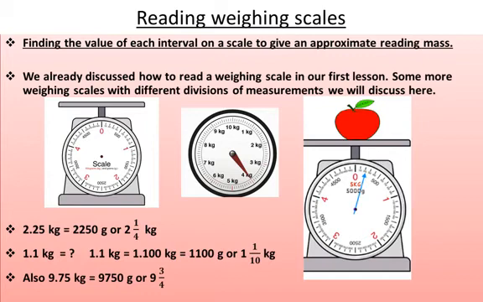How many divisions between 0 and 1? There are 10 divisions. In the middle it is shown 500, so that is 500 gram. Between 0 and 1 kilo, there are 500 gram in the middle. So what will each division show? Between 0 and 1 there are 10 divisions, which means 1000 is divided into 10 parts. So each will show 100 grams. Correct? 100 gram, 200 gram, 300 gram, 400 gram, 500 gram, like that.